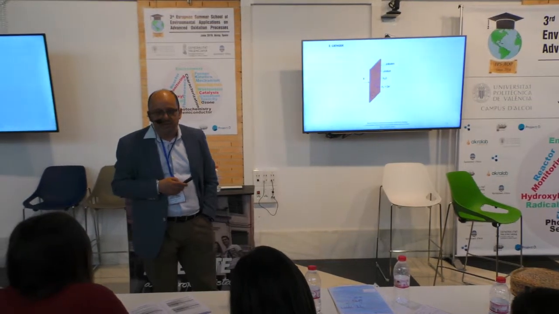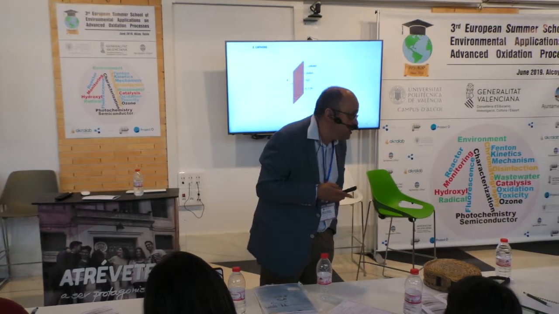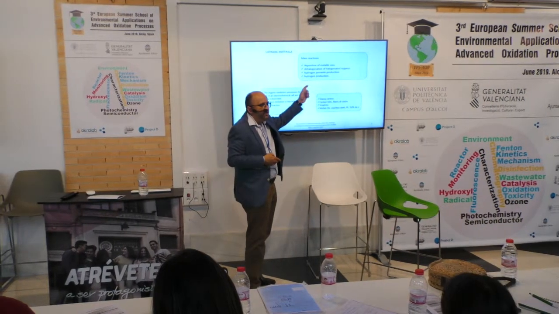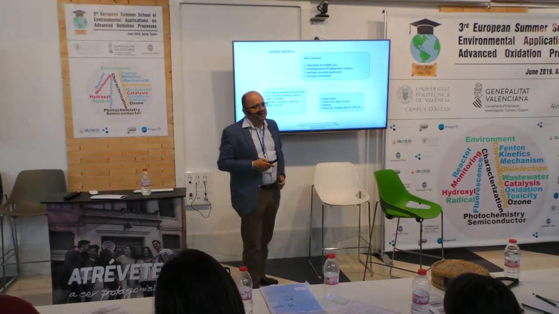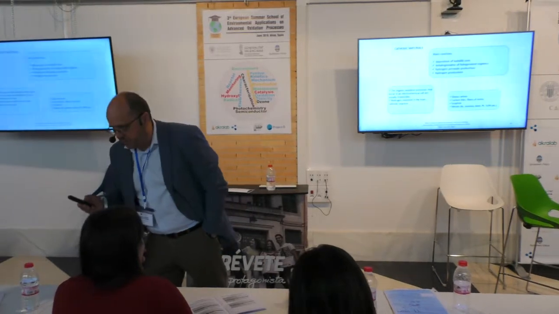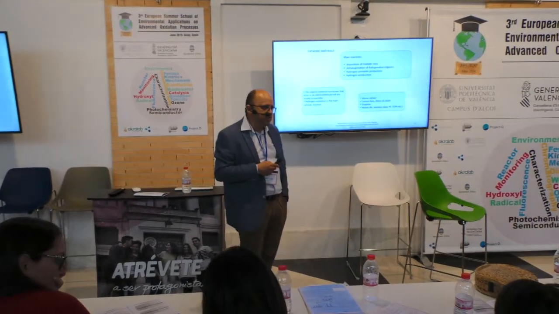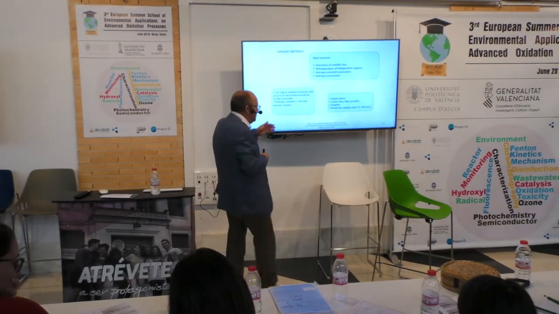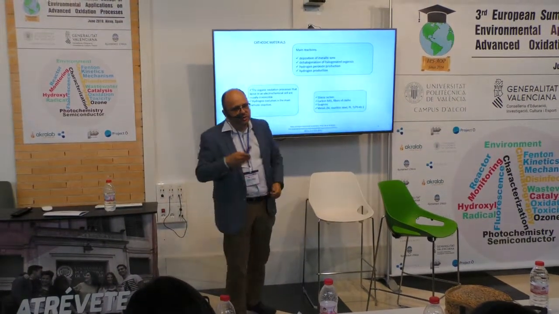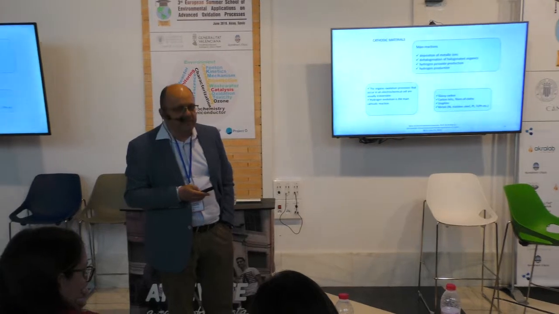What about the cathode? It seems less interesting because we are focusing on oxidation processes, but in the cathode we can have many reactions. Among them, one very important is the production of hydrogen peroxide, because this can lead to other processes that we are going to speak about later on, the electro-Fenton processes. As cathode, the material is not as important. It depends on the real application that we are looking for, but you can use from glassy carbon to graphite or many types of metals.